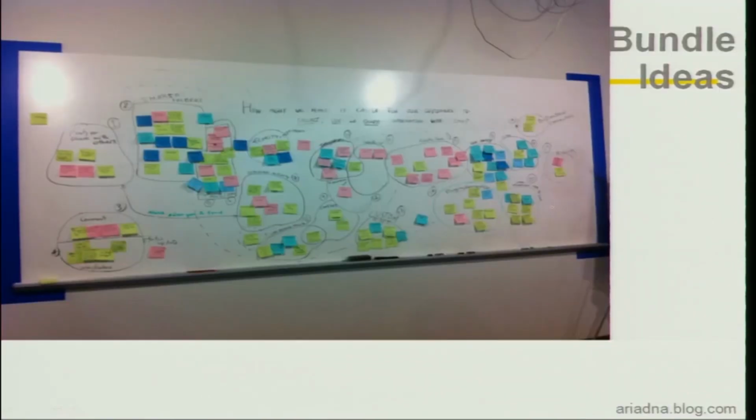So you would bundle all these ideas together, and this was a particular problem in which the idea was how we could make it easier for our customers to collect, use and share info with their CEO. This is the product in question, the idea in question, whatever it is. This is some idea that's put up on the board and then everyone's ideating. You can see that everyone's put up their ideas and then clusters have been formed from it. Some of the clusters that have been created are shared folder, tracking the activity, mobile, etc. These are some of the names that have been given to the clusters.